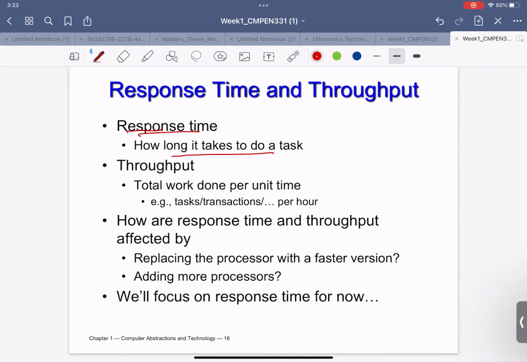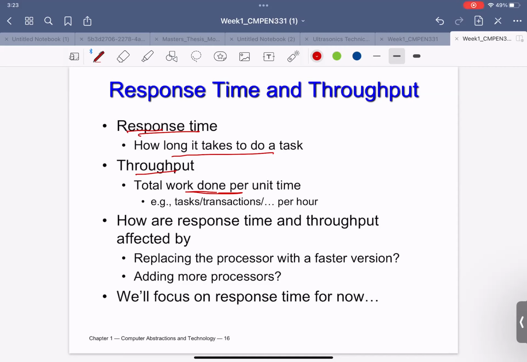Of course, when you have less response time, this means that you are faster. This gives you an indication that you have a better system in this case. Also, the throughput, which is the total work done per unit time. So you can finish all of this work per unit hour or per unit minute or per second or whatever the thing is. This is the throughput. Of course, the more work that you can do per unit certain time, this means that you have a better